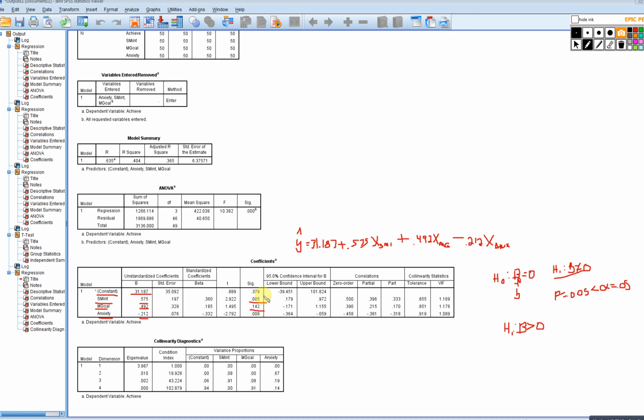Now keep in mind that by default SPSS gives you p-values for a two-tailed test. So technically speaking, the p-value is actually half of the value that is printed out. So it's actually half of 0.142. So it's 0.142 divided by 2, which is actually 0.071,